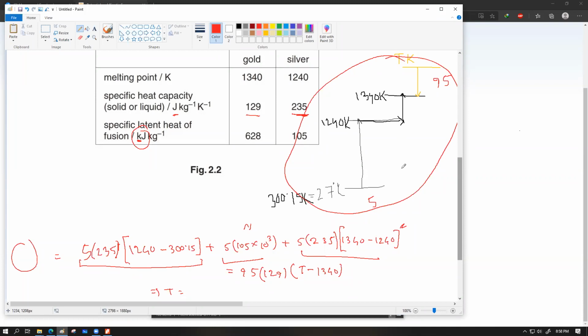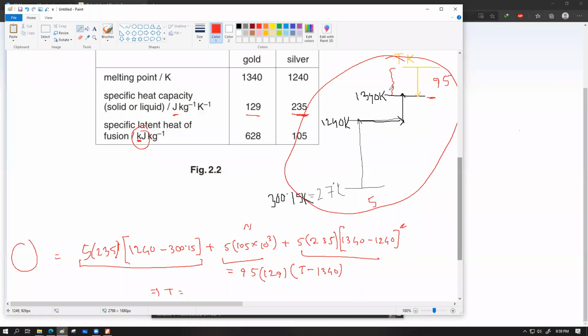our observation is gonna finish when the temperature of the gold drops to its melting point. Beyond this point, the entire mixture is gonna start to slowly freeze up, because this is a hot object. It's gonna keep on losing heat to the atmosphere. So beyond this point, it's gonna start freezing up, but not within this duration, because within this duration, the gold is maintained above 1340, so it is in liquid state.